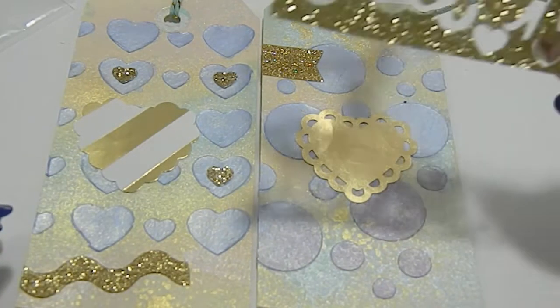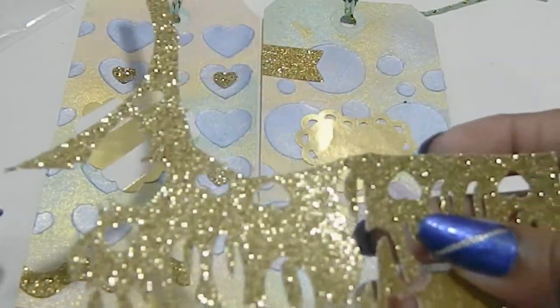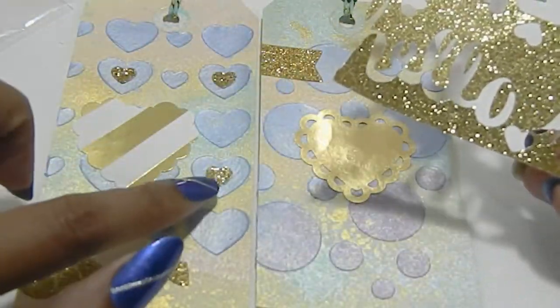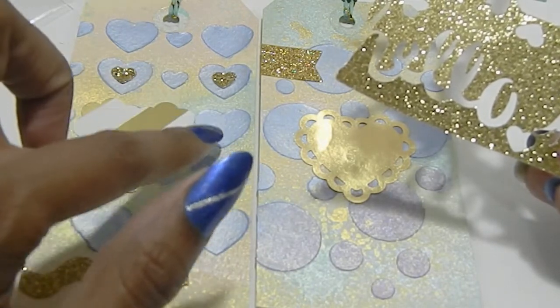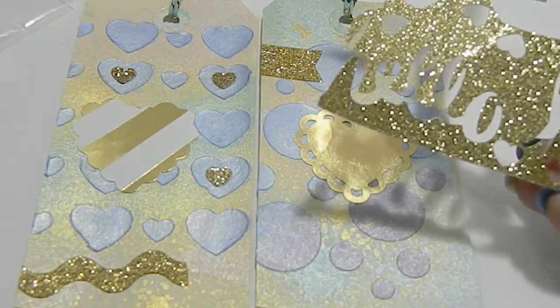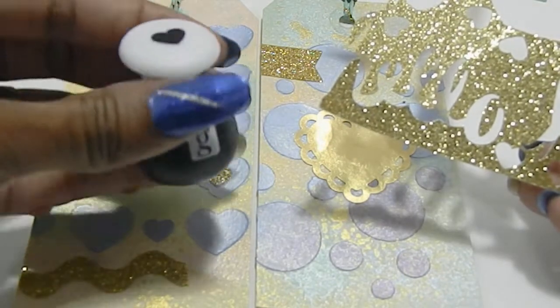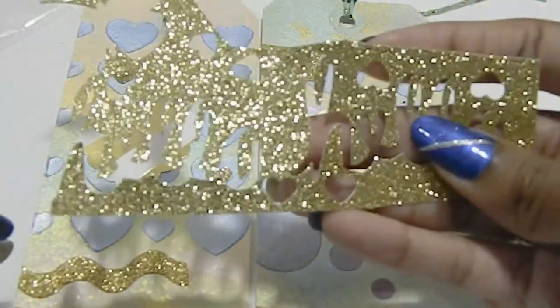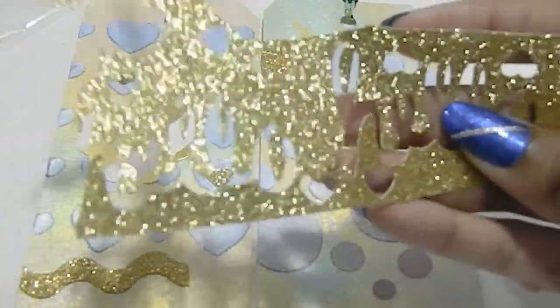And this is all I had left from the glitter, and I'm hanging on, guys. This is pretty much it for this. And I pretty much punched out these little hearts that you see inside the heart that I use for the Nouveau Mousse. I use this little Studio G punch right here. This is where that comes from. So it's really small, and I was able to get some more use out of this little piece right here,